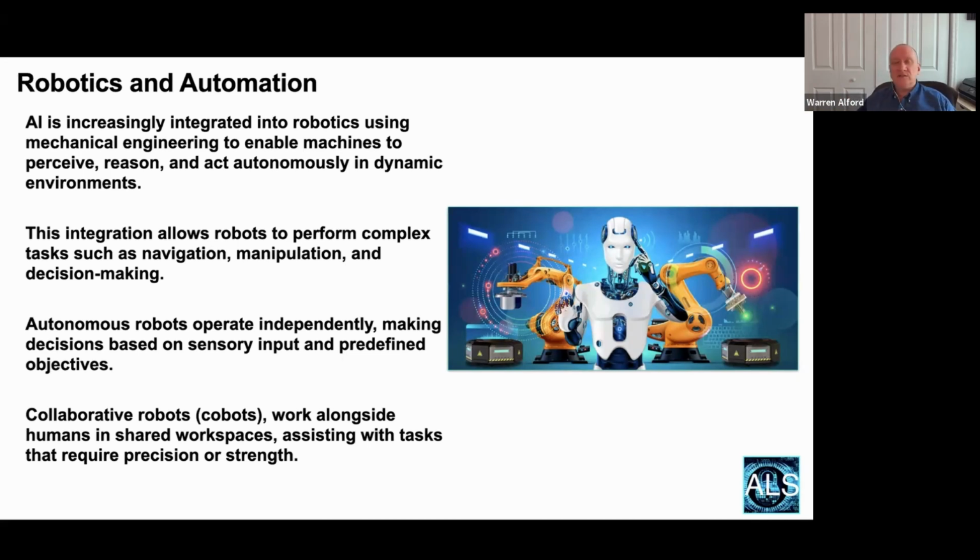An example of this is called cobots, which are collaborative robots, and they work alongside humans to do certain things that may require more precision, more strength, or more mundane type activities that humans are not good